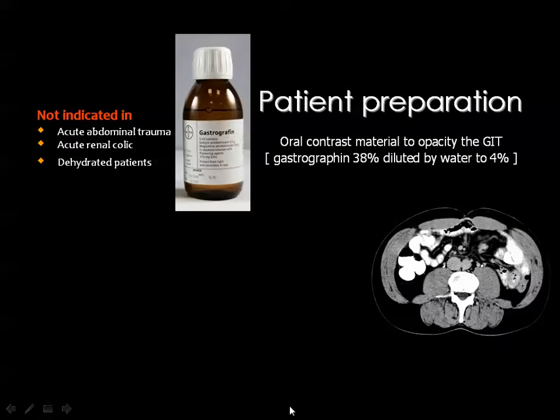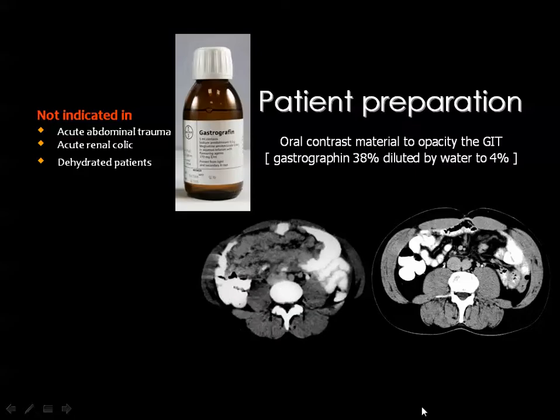Then, in order to perform a CT of the abdomen, in previous days we used to prepare the patient with administration of a diluted oral contrast known as gastrografin. This contrast was diluted with water, and the patient drank it orally a few hours before the examination, aiming to opacify the intestinal loops, as you can see. While the patient is lying on the CT table, he may drink some of this contrast media to opacify the stomach as well. This was an essential part of the examination, because it helps us too much to identify some of the pathologies which we would not be able to identify without